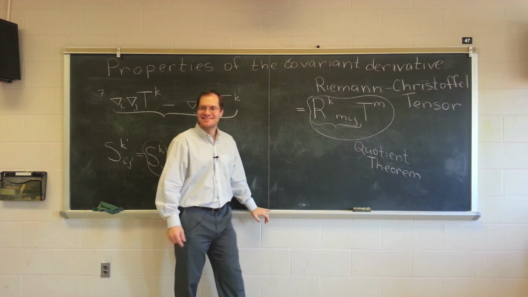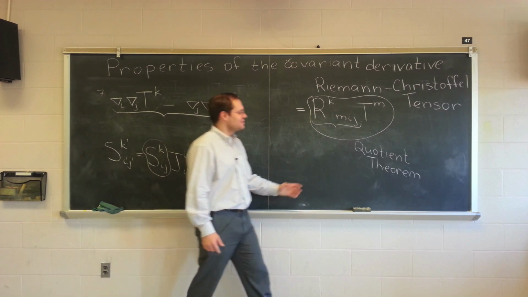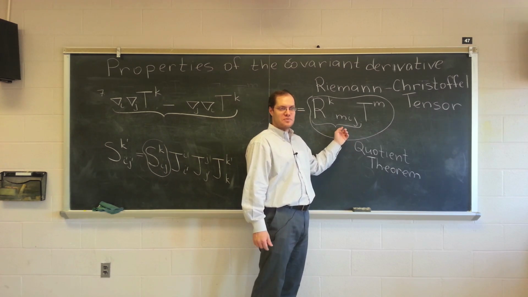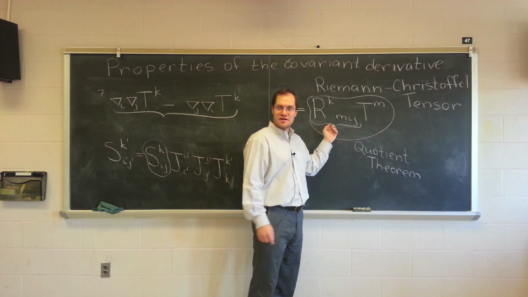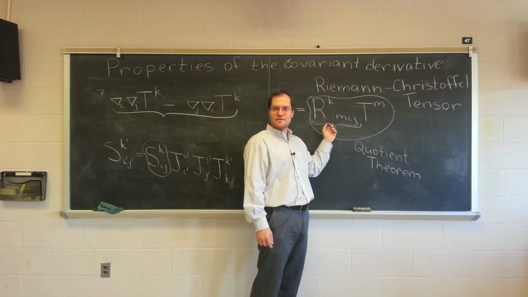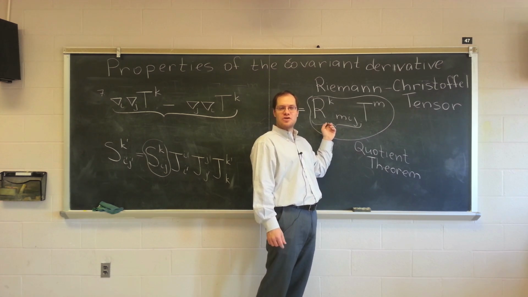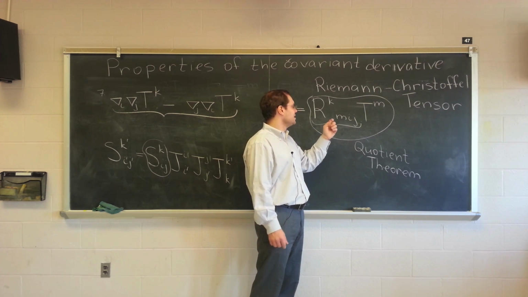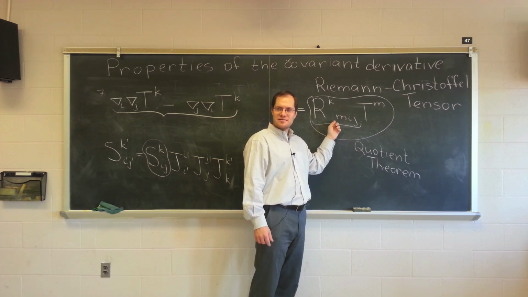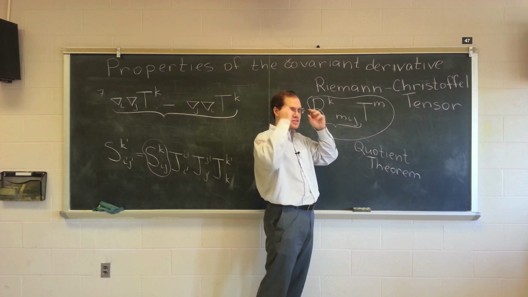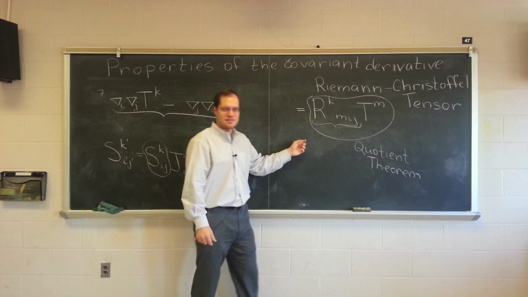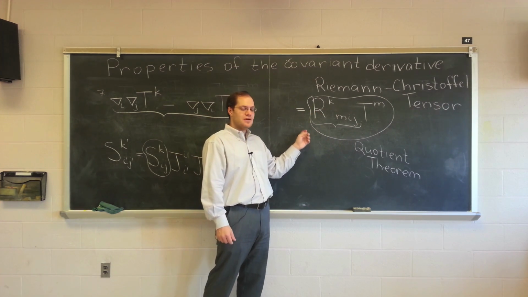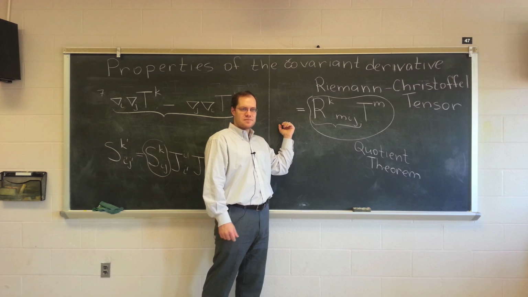Yes? If it's always 0, why does it even exist as a symbol? You're exactly right. Because when we repeat all of the same thing on a sphere, on a curved surface, where a Cartesian coordinate system is not possible, then this argument goes out the window, and this is not 0. And then it becomes a very interesting object. So we're preparing for our discussion of curved surfaces. That's answer number 1. Answer number 2, it's 0 in the Euclidean space